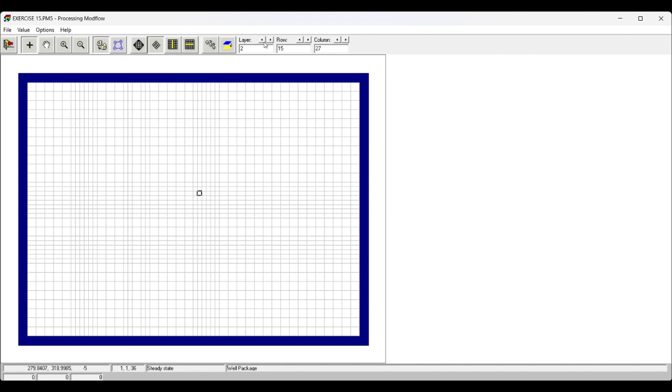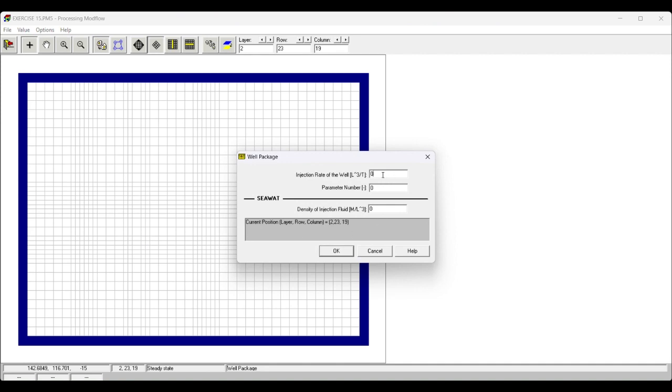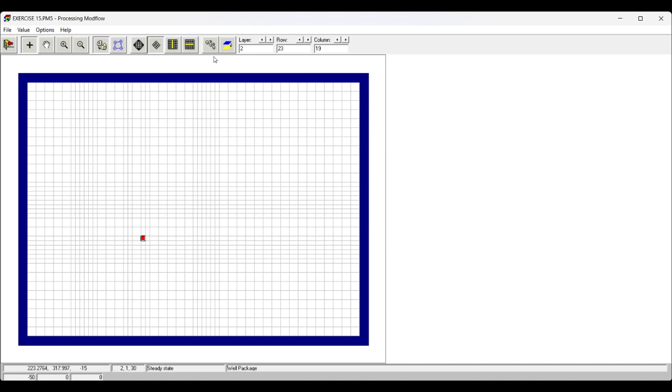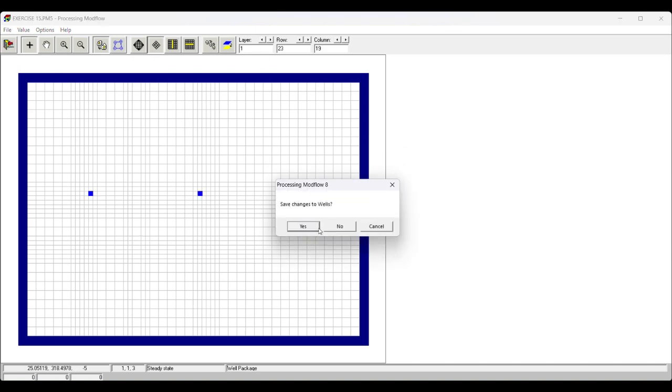Now go to second layer, and there is the location of our production well. So we're going to select here and make it -50. Both layers all set. So we're going to save it